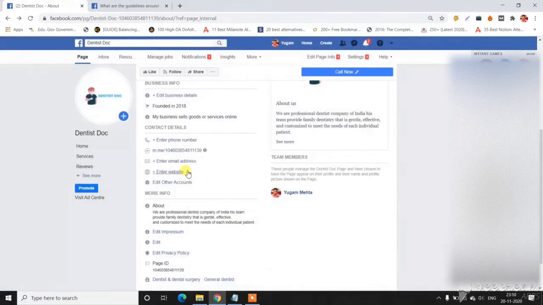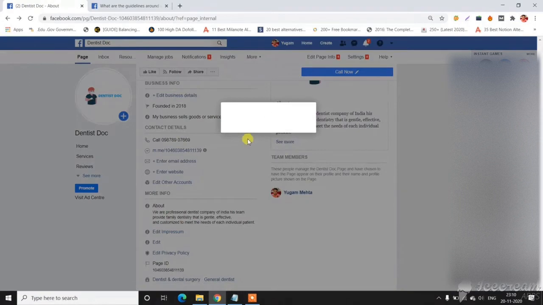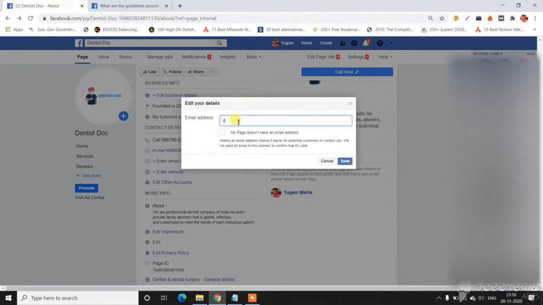If you don't have a phone number, you can click on the option that your page doesn't have any phone number. Also add the email address so that users can contact you. Click on the save button.